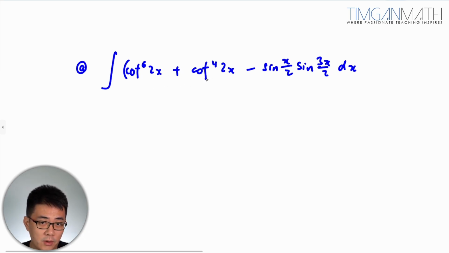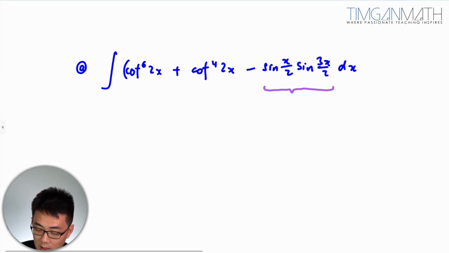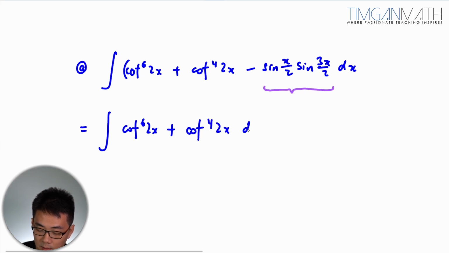What we could do is just factorize the cot to the power of 4 out, but we have to be very clear, these are the multiple of two trigo ratio, sine and cosine. So this we just use the factor formula from the MF26, right? I'm gonna slowly just separate this. I'm gonna integrate this on one side and integrate the other on the other side here, and this we can use factor formula. So bring our MF26,